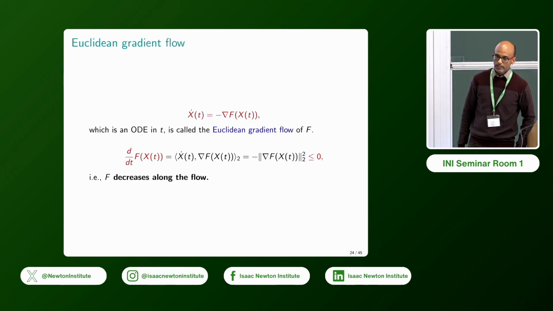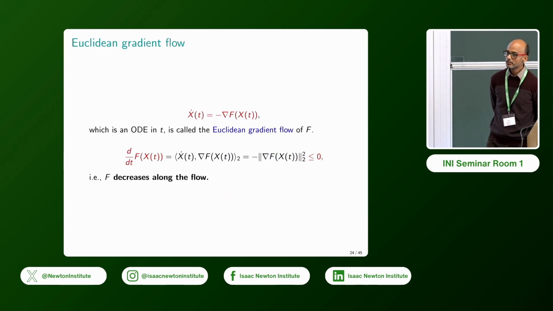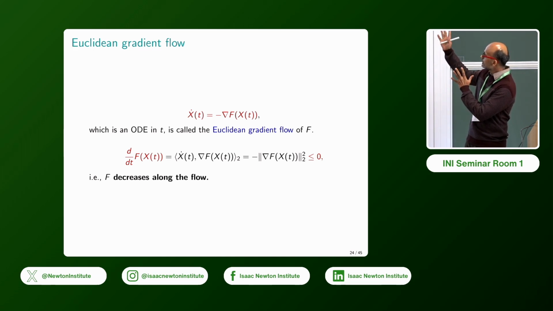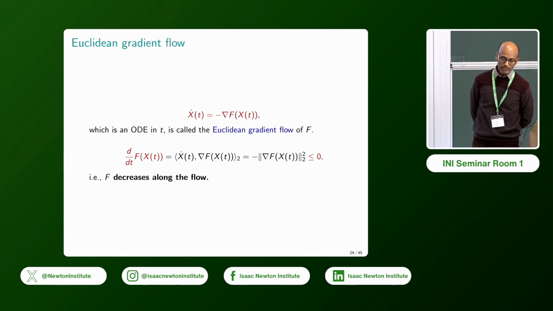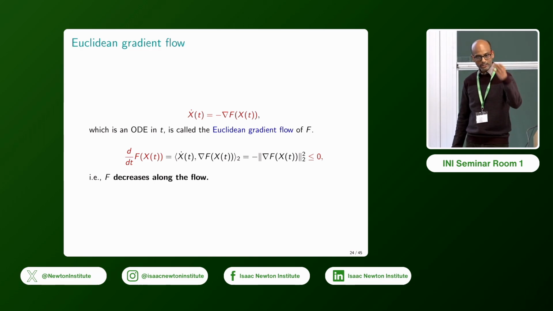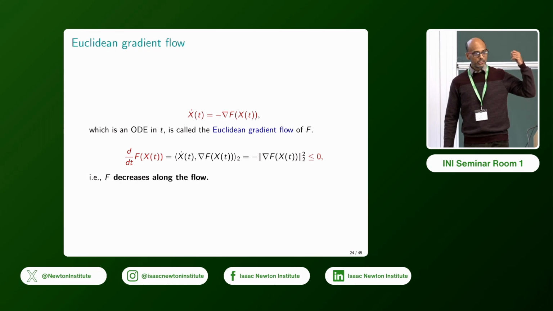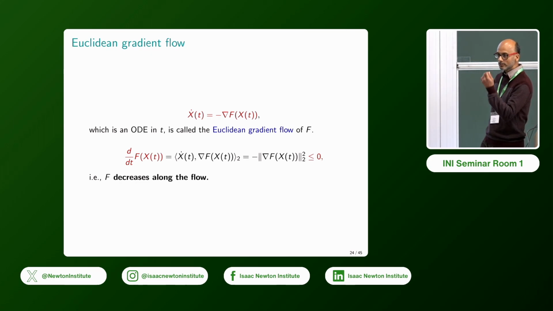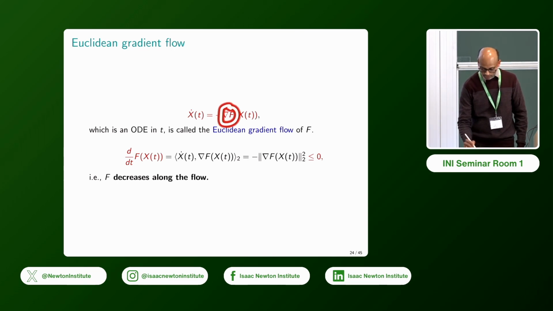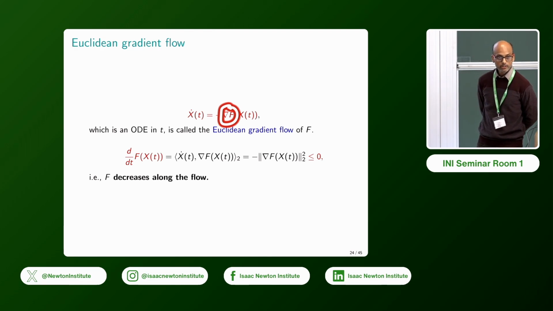And what is the gradient flow? Gradient flow is basically a continuous version of this gradient descent, right? Where there is no step size. So the gradient flow is defined through this ODE, where if I think of x(t) as the position of a particle at time t, then x dot is basically the velocity of that particle, and I'm basically saying the velocity of the particle is defined by this gradient. Okay, and here we call this the Euclidean gradient flow because